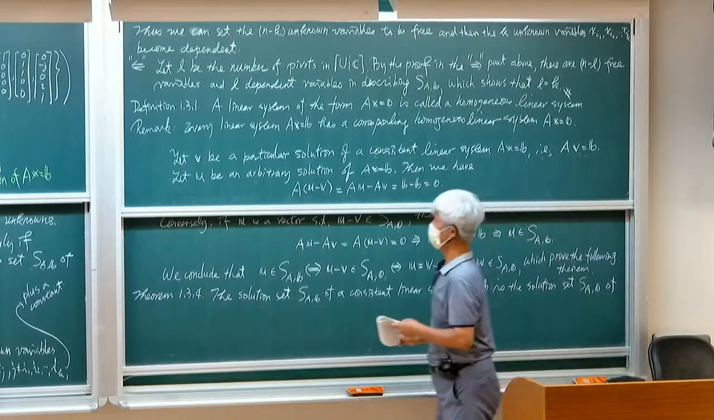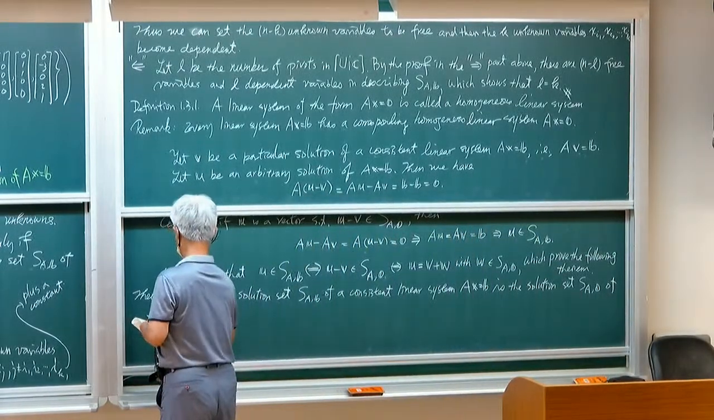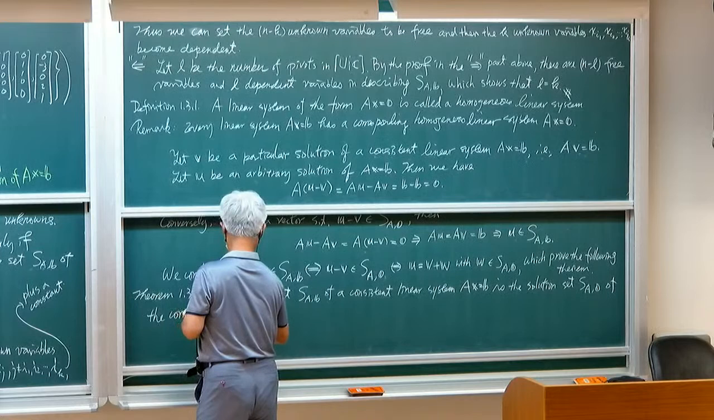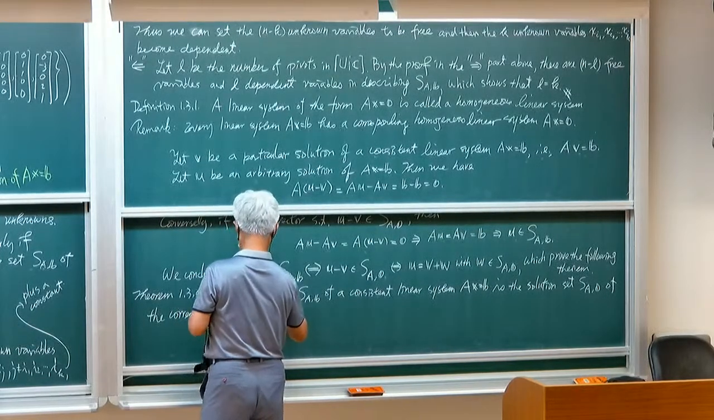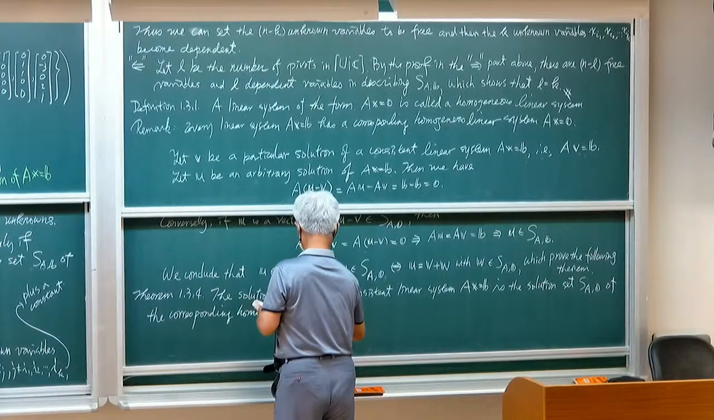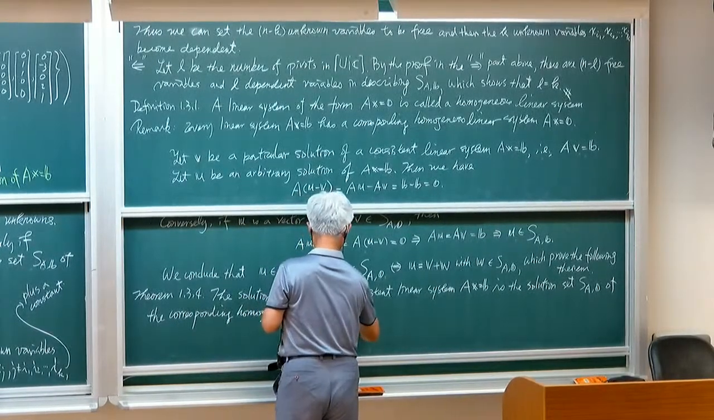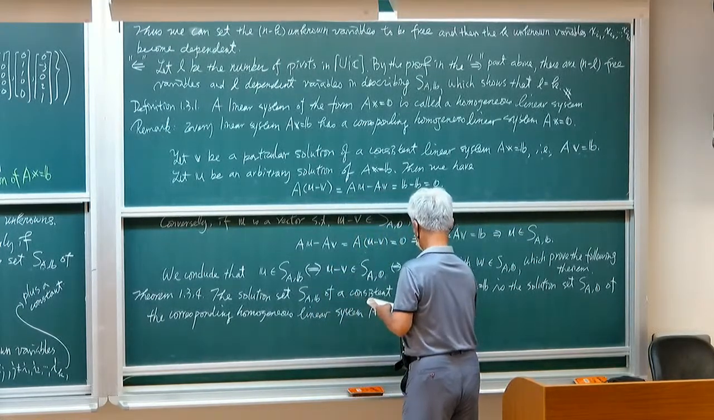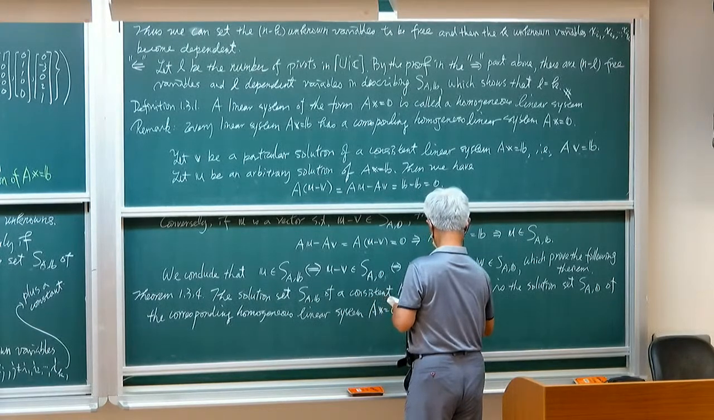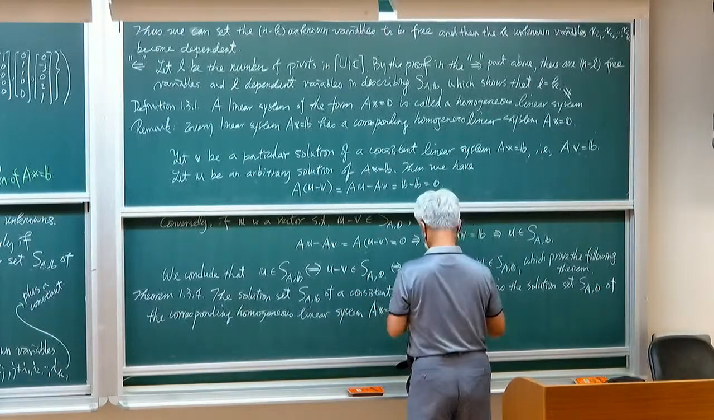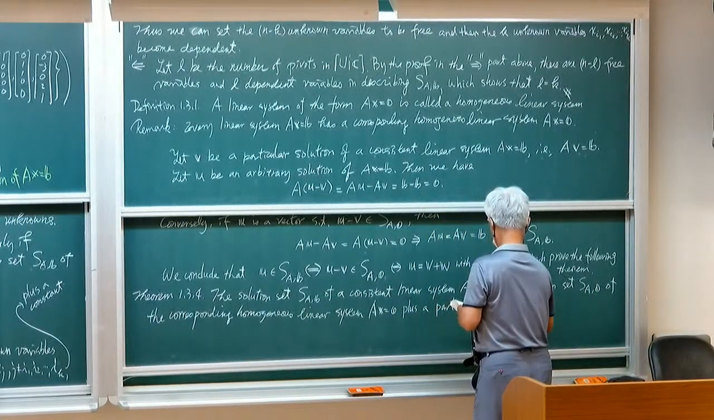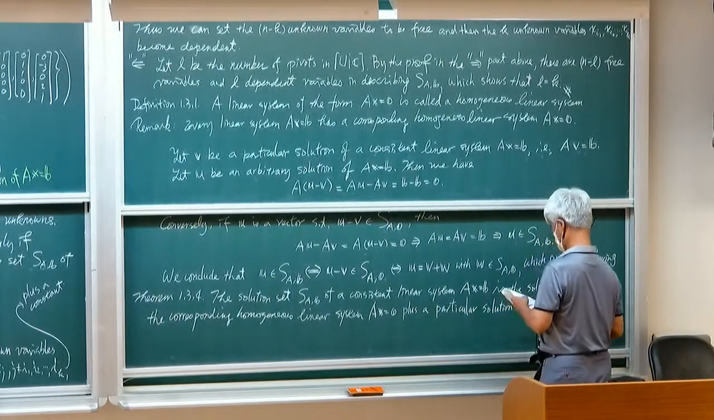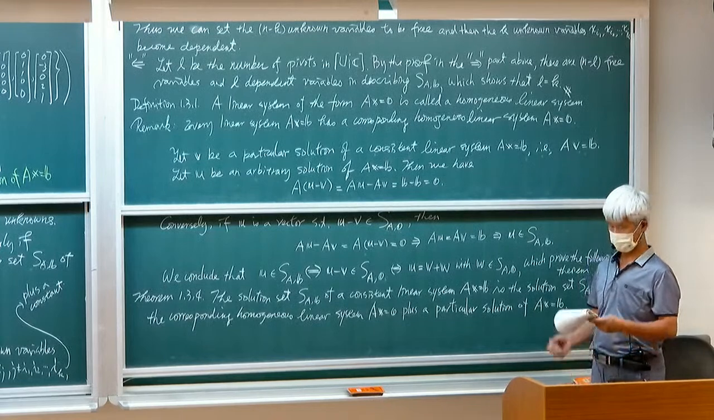of the corresponding homogeneous linear system Ax equal to 0 plus a particular solution of Ax equal to B. Okay, so that is the